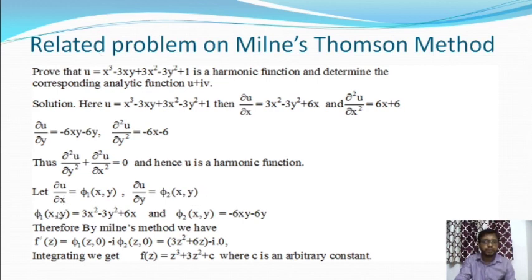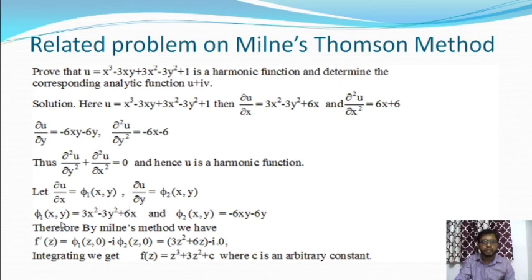So phi 1 of x comma y is basically the first-order partial differentiation with respect to x, and it will be 3x square minus 3y square plus 6x. And phi 2 of x comma y is the partial differentiation of u with respect to y, and it will give minus 6xy minus 6y. Okay, so at x is equal to z and y is equal to 0,